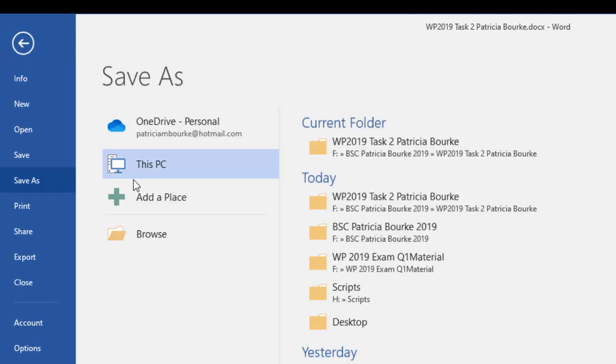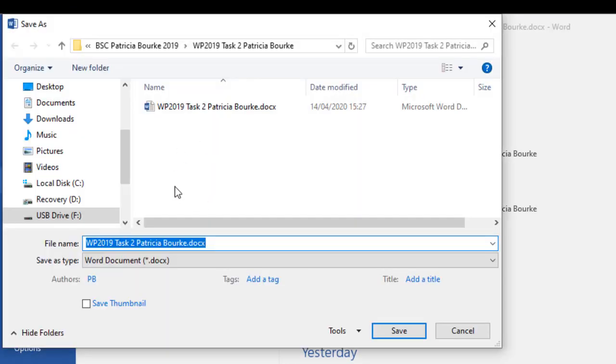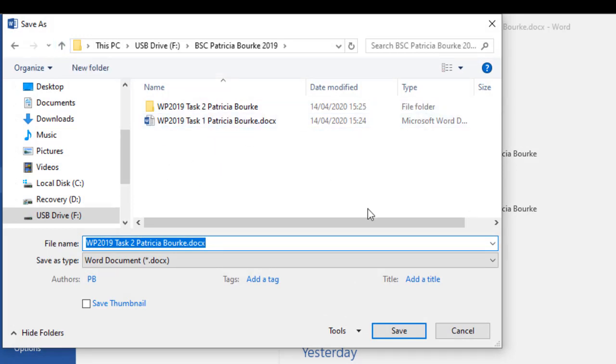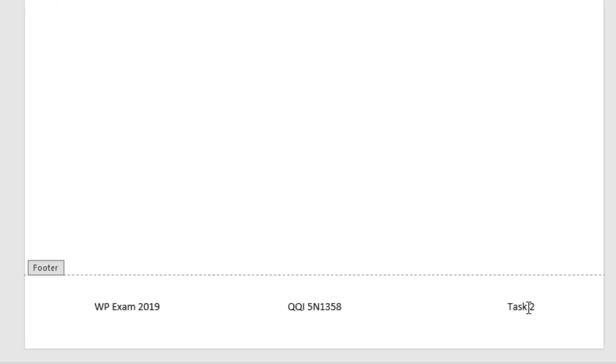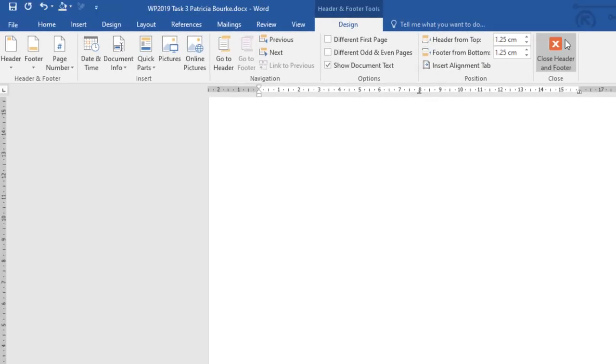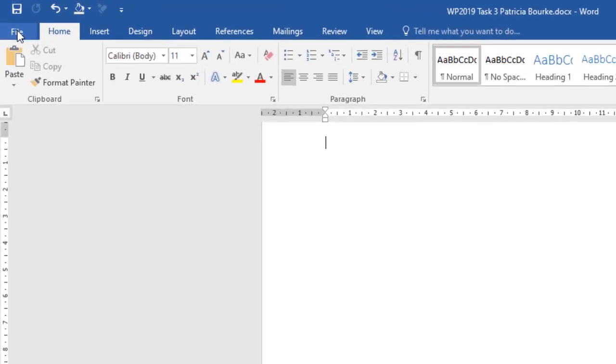So Save As, and this time we'll just go back up 1, so we're in the main folder, and again just change the 2 to a 3 and go Save. Go back into your document, scroll down, change the task number to 3, close header and footer, save,